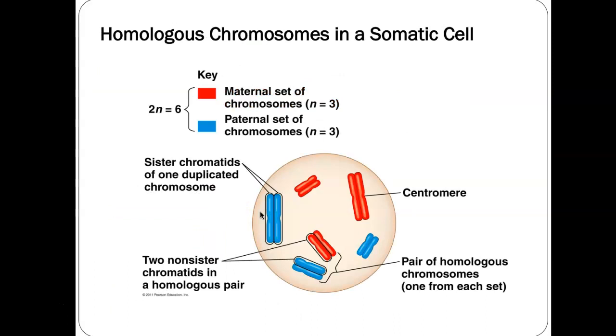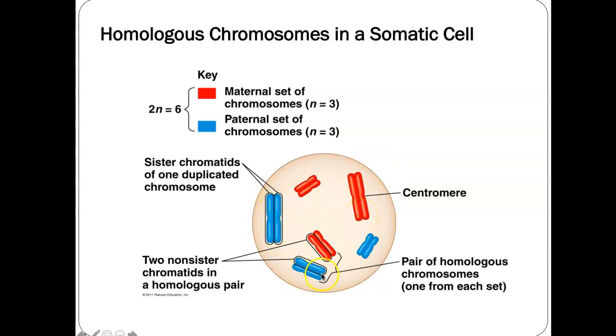So, homologous chromosomes in a somatic cell. This is a body cell. Let's say this is after S phase of interphase and cell division is beginning to occur. You have two sister chromatids here, and two sister chromatids here. Because these are both the same length, those are considered homologous chromosomes. One came from dad, one came from mom, and they're with their copy before cell division.